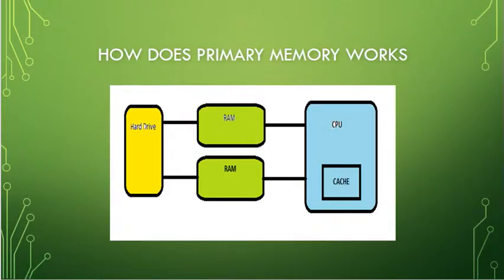So now let's see how primary memory works. Whenever you want to download or install a software, you will install it on your hard drive. Whenever you want to use that software, your computer will load it on your RAM, and then RAM will feed it to your CPU. The reason for that is the hard drive is normally